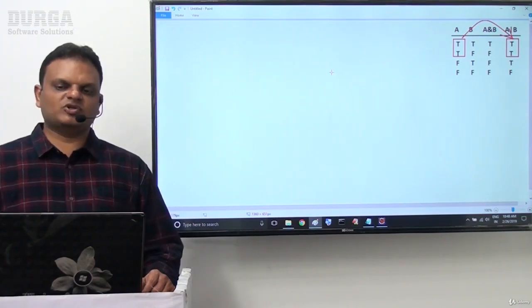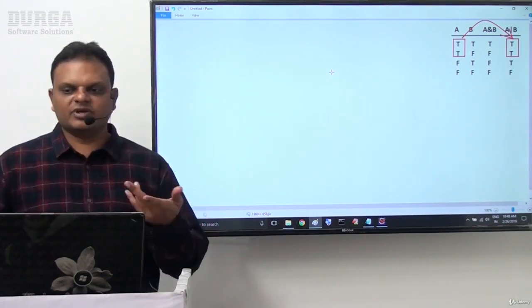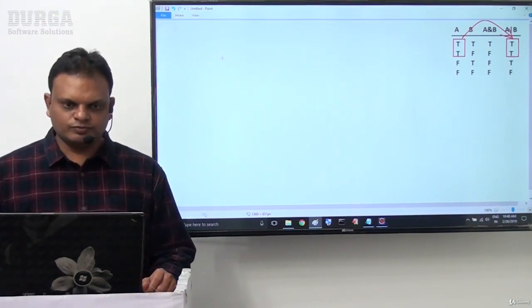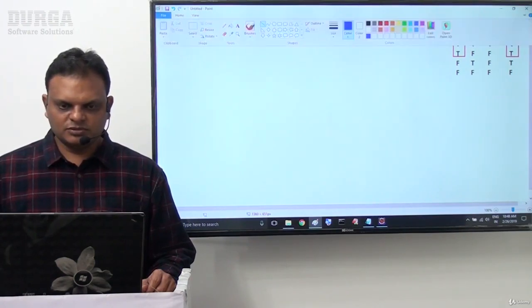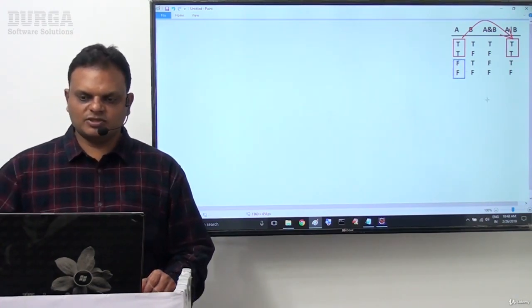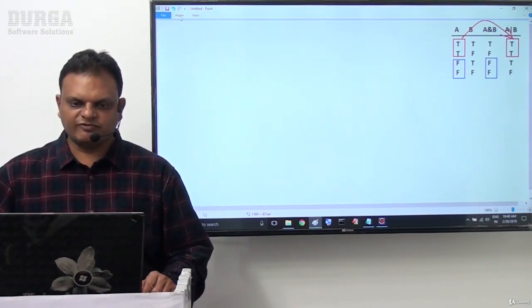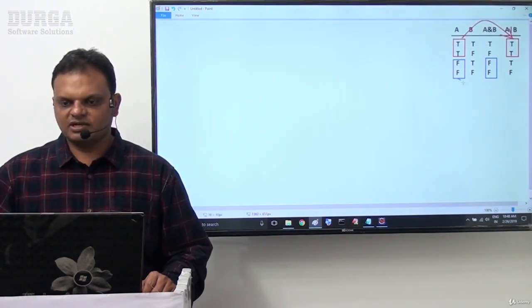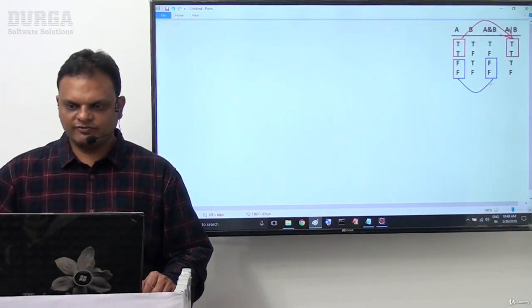In an expression, if the first operand value is true in the case of the OR operation, no need to check the second operand. Directly we can conclude the result of the OR operation is true. That's fine. Apart from that, in the case of the AND operation, what is the shortcut? If the first operand value is false, no need to check the second operand. We can conclude the result of the AND operation is false. Observe carefully.